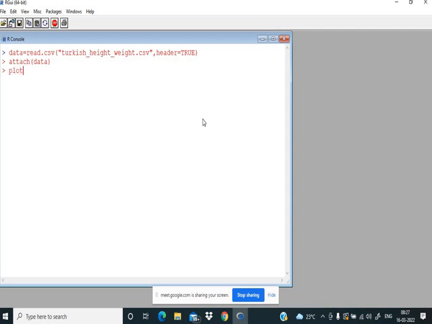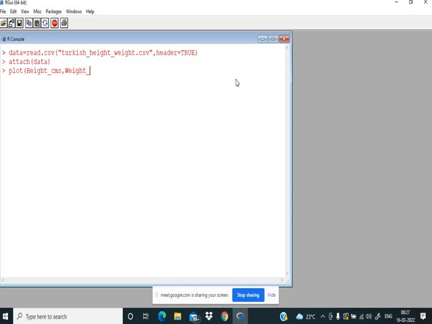It's the plot command, and then we use height, because height is the independent variable here, measured in centimeters. In the data set it was capital H, and the full name is Height_cms, so we use Height_cms, comma, weight,